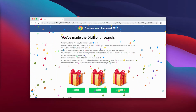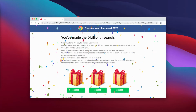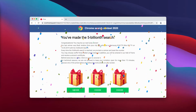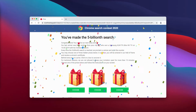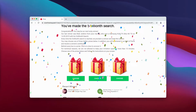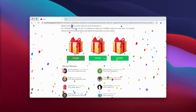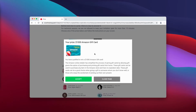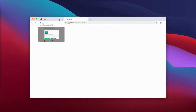Even though the pop-up promises you can win some gifts such as a Samsung Ultra HD TV or something else, all these messages by the pop-up are totally deceptive. You should not trust them because these pop-ups try to trick you into providing some of your personal details, and interacting with these pop-ups through these fake surveys may result in a leakage of your personal information and its disclosure to third parties. So I recommend you not to tolerate these alerts and not to share any of your personal